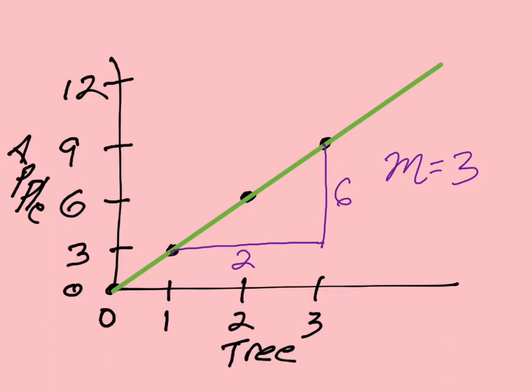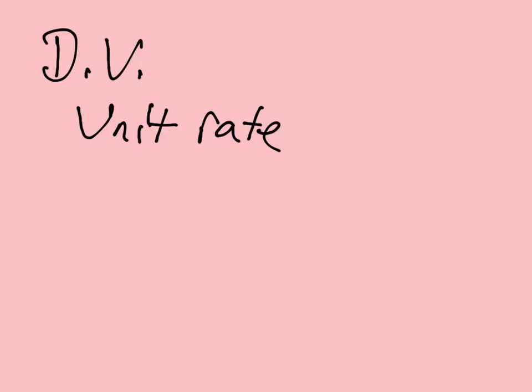So now we have, this goes through the origin. This has a constant slope. And the slope is this rate that we have. So direct variation is when we have a unit rate, which is the same thing as having